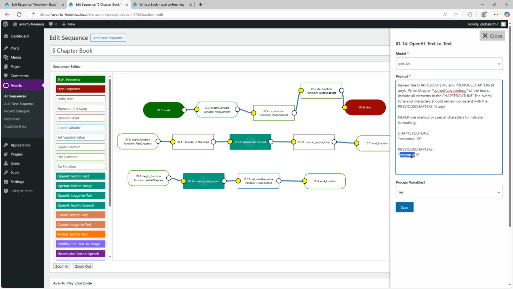The previous chapters, it's referring to response 3, which is our final content variable up top. So it's always pulling in the chapters that it's written so far, and also the chapter outline. So it has complete awareness of the book that's been created